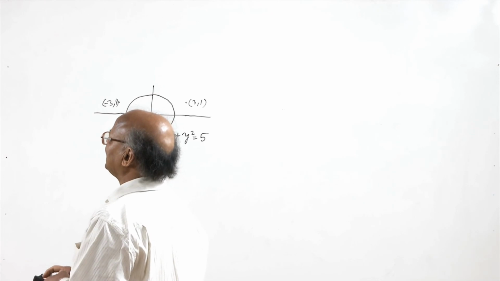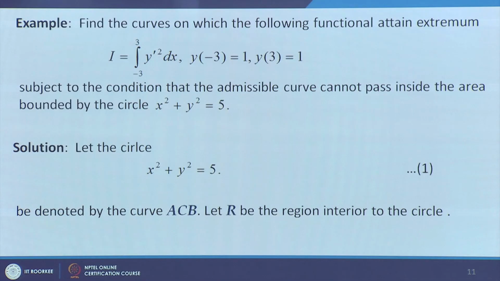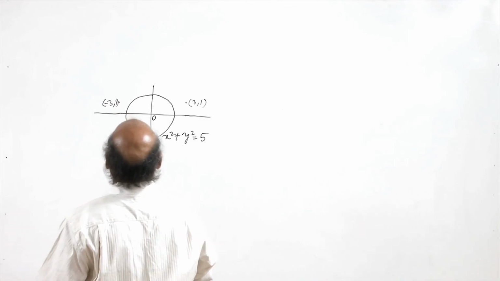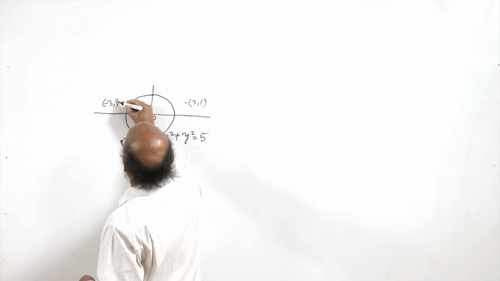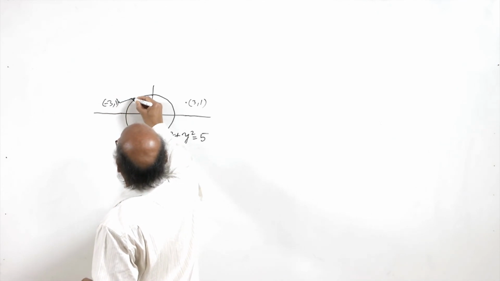The condition is given that the admissible curve cannot pass inside the area bounded by the circle x square plus y square equal to 5, and the circle is this. Now, the curve, okay, these straight line segments will be tangent to the curve,